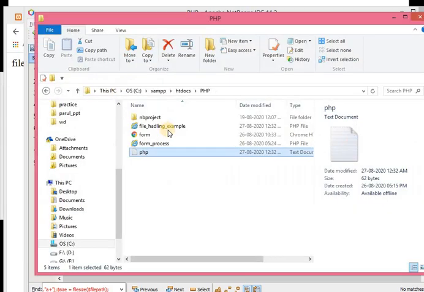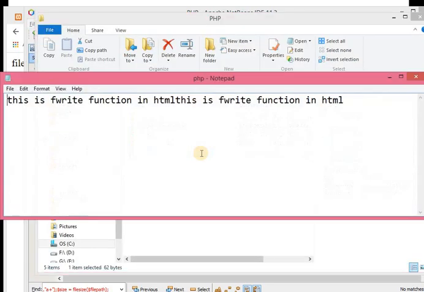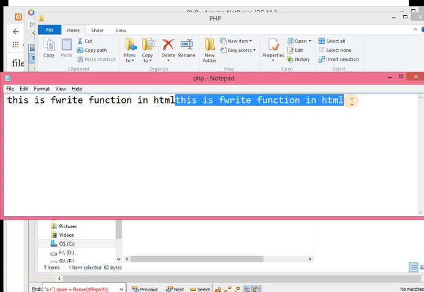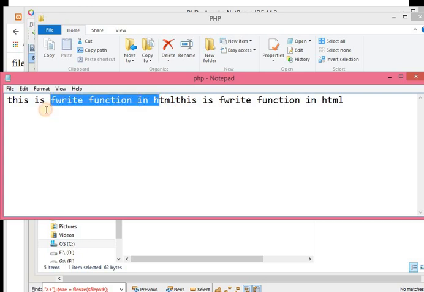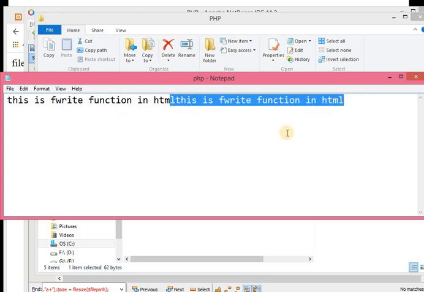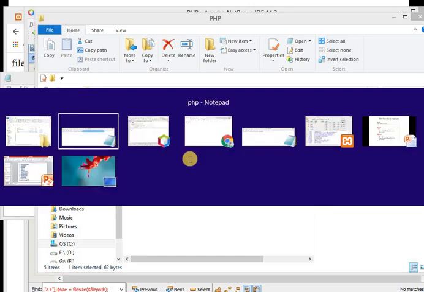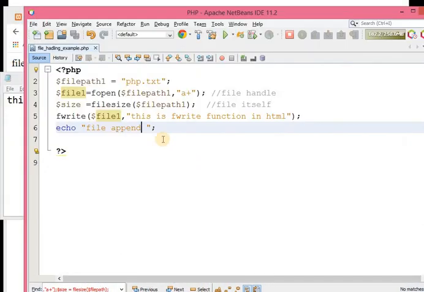Now if I check this file, you can see this is the fwrite function in HTML, and this is our second time. This was our previous time. Already this content is there, and this is our second time. So the content is appended over here. This is how you can write content in your file.